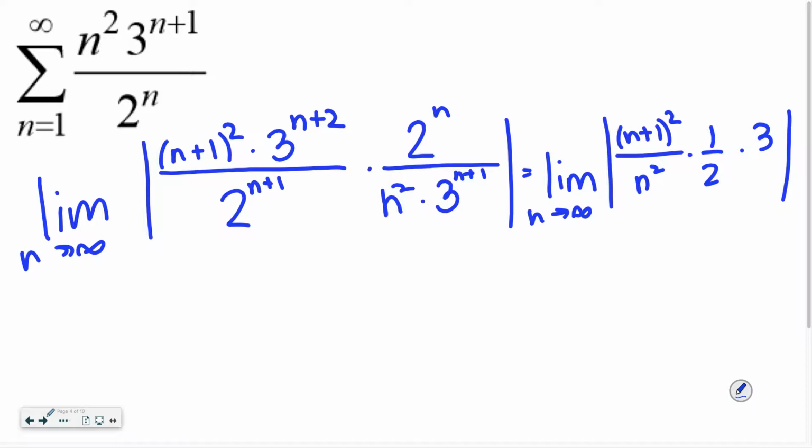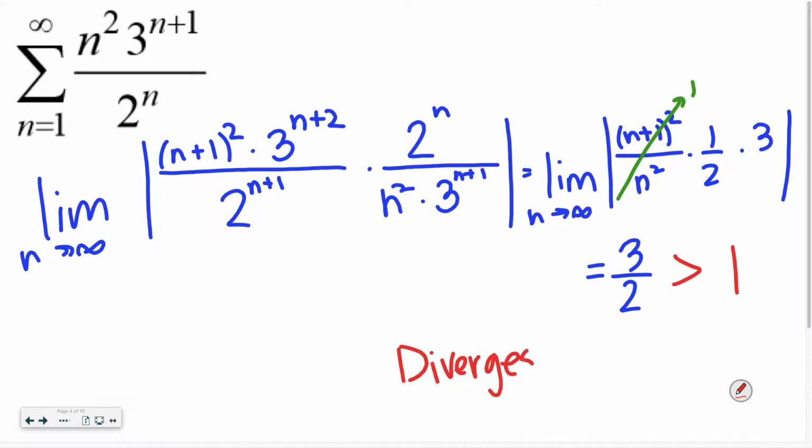Well, now when we look at this limit, what happens to this limit right here? n^2 over n^2 goes to 1. Which means we have 1 times 1/2 times 3. This limit is 3/2. Well, 3/2 is bigger than 1. You need to actually tell me that. So this series diverges because